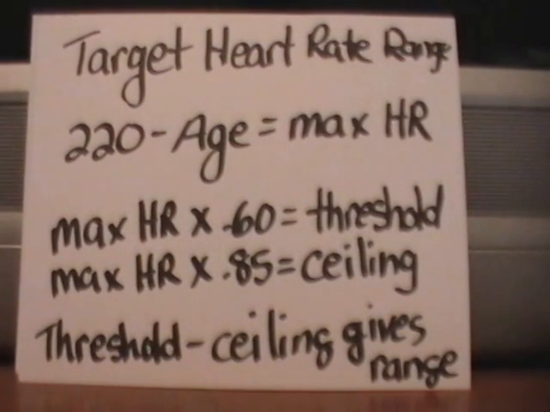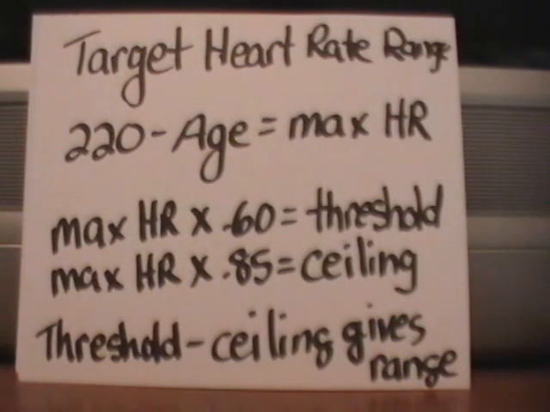I will model good fitness and demonstrate proper usage of the equipment by working out with the students when appropriate. When I am able to work out with the students, it will demonstrate how age is a factor in determining each individual's target heart rate zone. Their target heart rate zone is 135 to 180. Mine is 100 to 142.